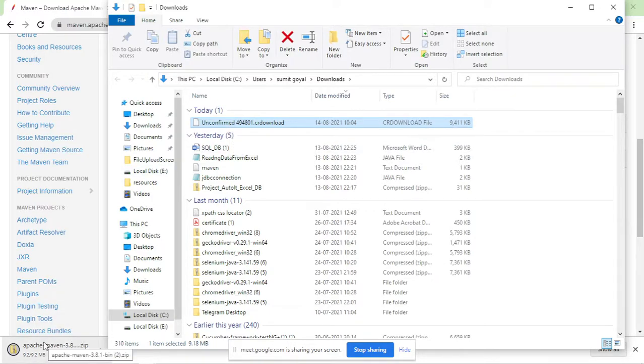So it's still downloading. Once it finishes downloading, you have to set the path. Just like we set the Java path, here also we need to set the Maven path. It is taking some more time to load, so let us wait.